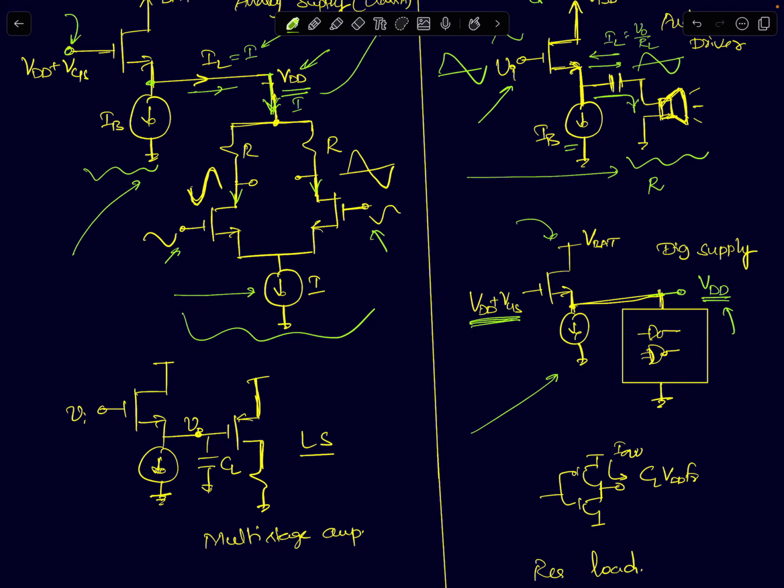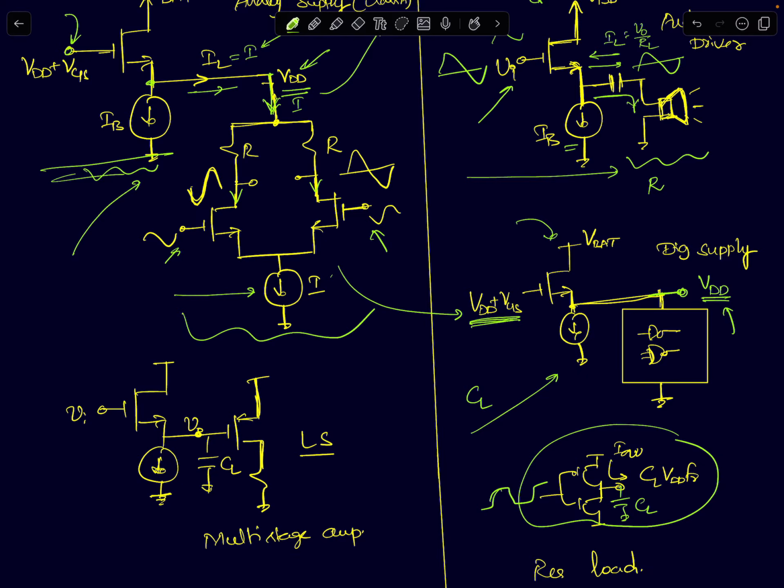So now coming back, here is an example of the same structure. It's very similar to this one. The difference is the load is now an inverter, a digital circuit. I've shown a very simple example of a digital circuit with a capacitive load. If you have a digital circuit with a capacitive load, every cycle, if your input is switching,